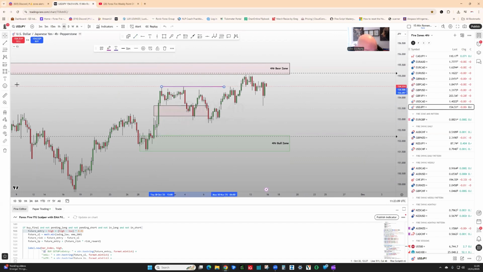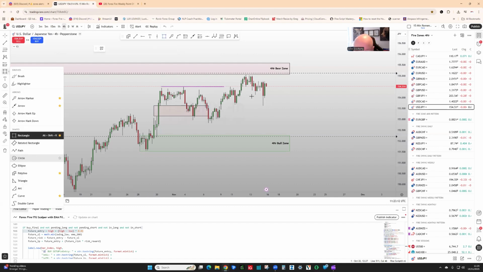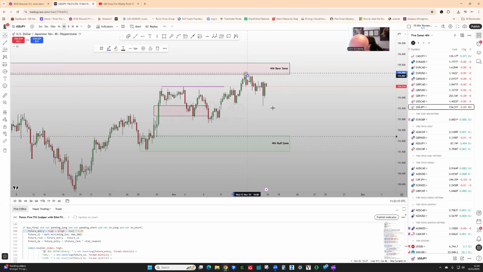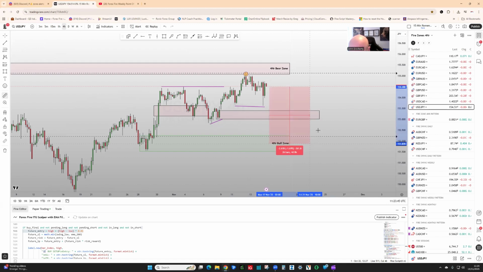We didn't quite get the push into my area of interest. I just see I missed out on that. But at the same time, when we got the rejection from here, we've more or less got a double bottom right here. Again, between the low to the high, you've got liquidity residing on this bit here. So as we drove and pushed above this high here, it left behind an order block. So maybe I could shorten this, to be fair, rather than having it on the bigger side, because price here is a good 300 odd pips. So maybe this might be a better option